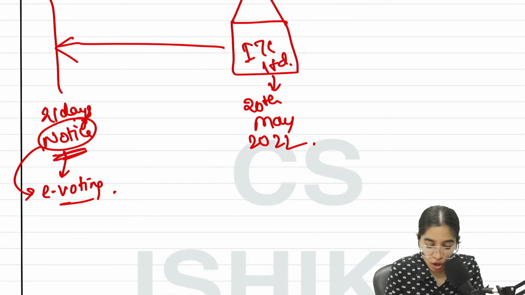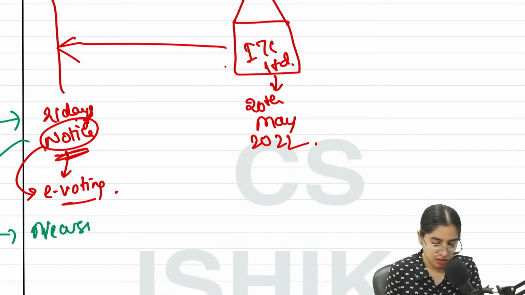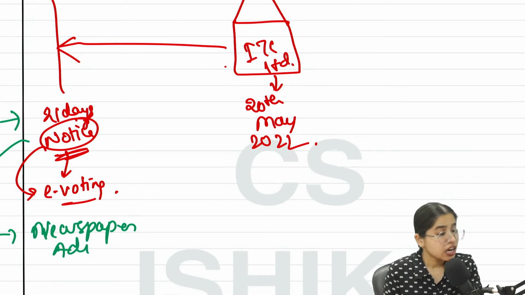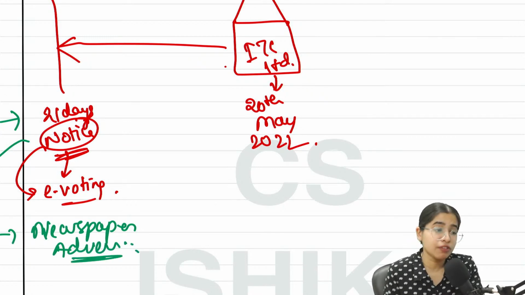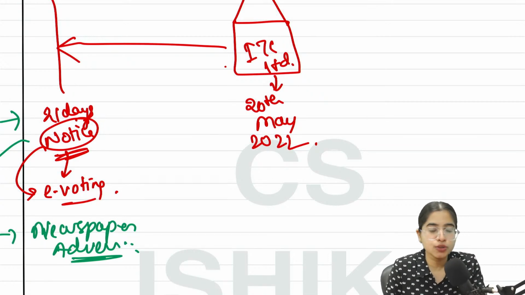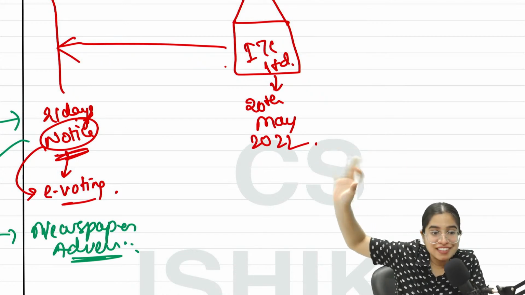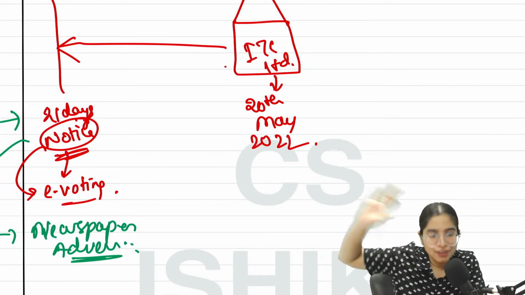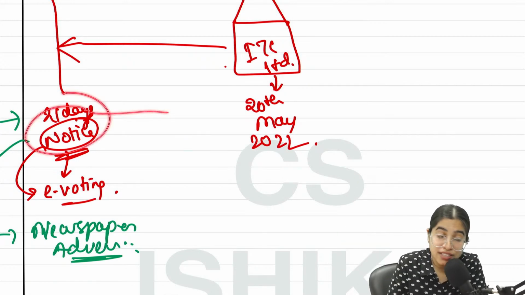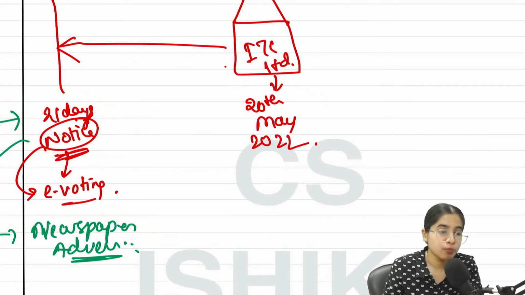Apart from this, along with the notice, you also have to make a newspaper advertisement. गांव में ढिंडोरा पिटवाना पड़ेगा कि e-voting facility दे रहे हैं. So if you are providing e-voting facility in your meeting, along with giving individual notice, you also have to make a newspaper advertisement. And one very important point: when we do the e-voting,